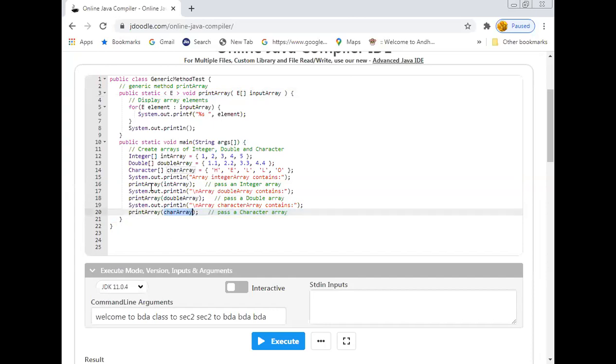So each and every time we are supplying a different argument. First time we have supplied integer array, second time we have supplied double array, third time we have supplied character array, without modifying anything. Here we did not change even a single line of code while passing different parameters, different data types as an argument. Okay, so that is the important point here itself. Don't worry about for what purpose we have defined this method and all, because it depends upon your requirement. You can write any method, but here our intention is